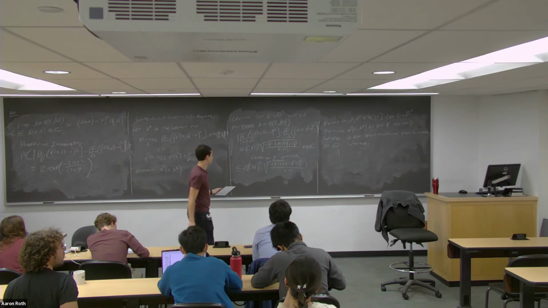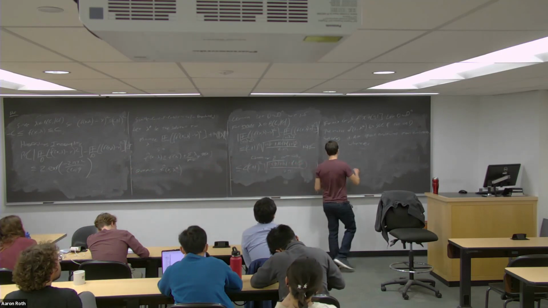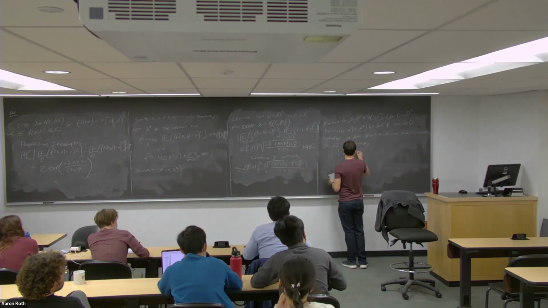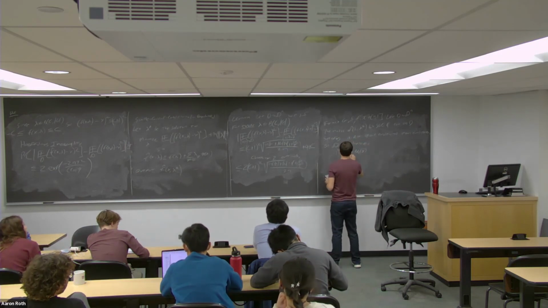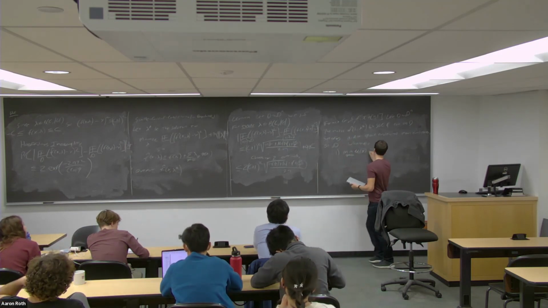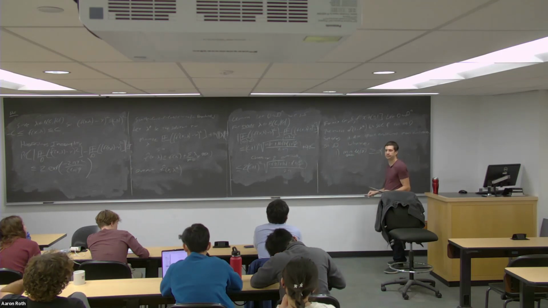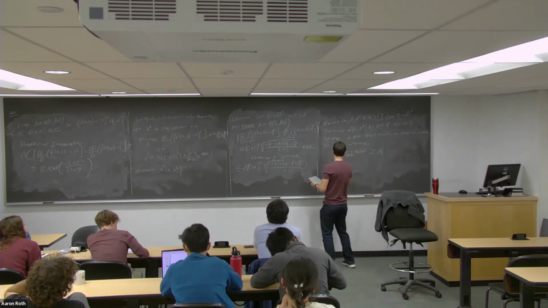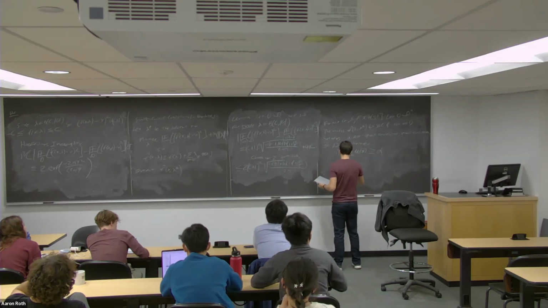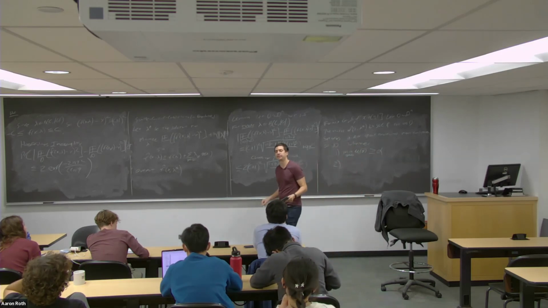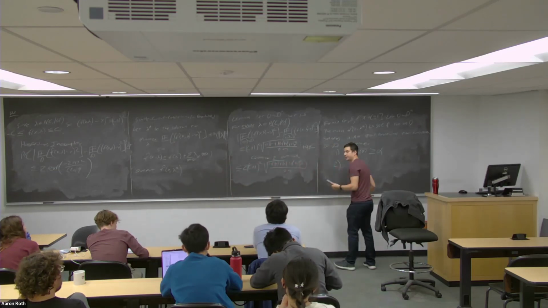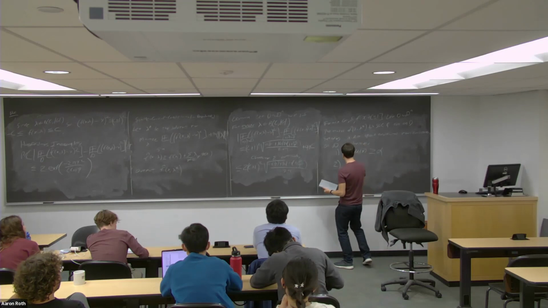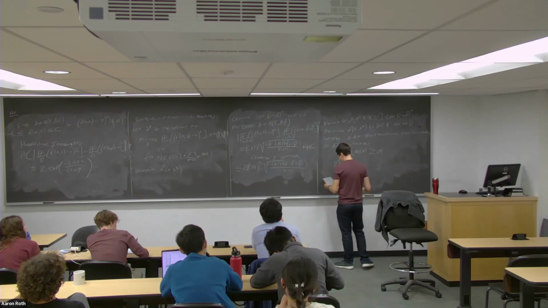So I'm going to require that the minimum probability mass on any of the groups be at least alpha. And two, n has to be sufficiently large as a function of alpha, or in other words, alpha has to be sufficiently small as a function of n. So alpha should be at most